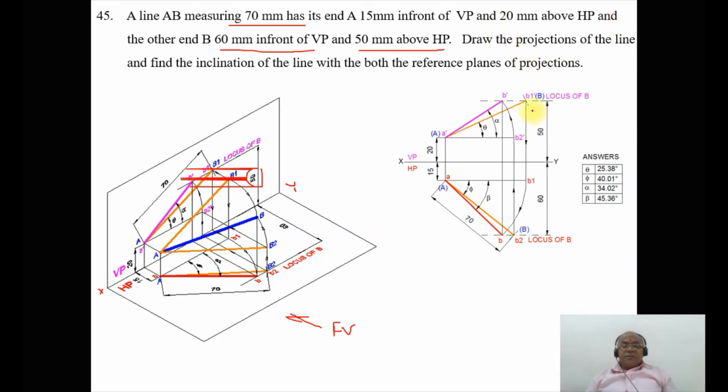Similarly, 20 mm above HP, so obviously it should be on VP. So from the XY line you measure 20 mm and draw the horizontal line. So both these two horizontal lines are parallel to the XY line in both the front view as well